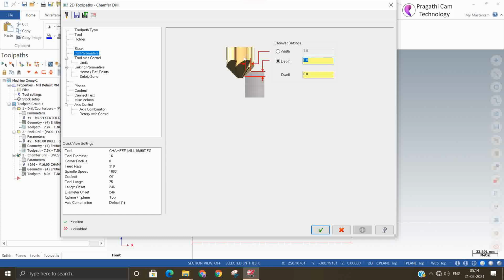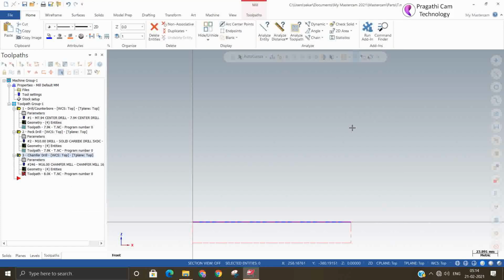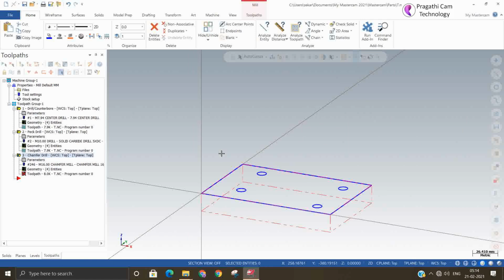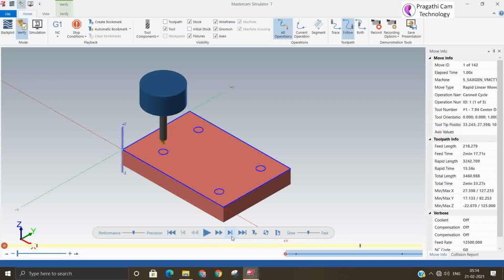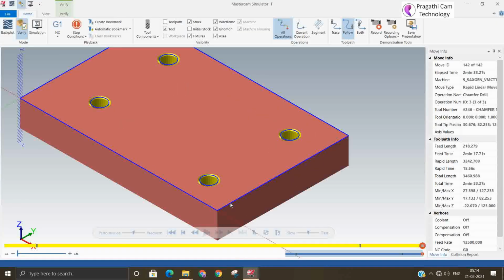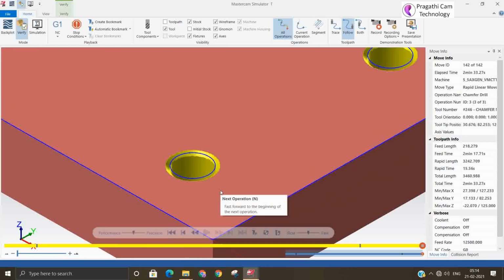I increase the depth now. Let us see, simulate. Yes, it is now showing the chamfer.